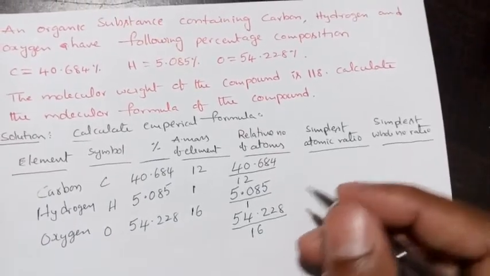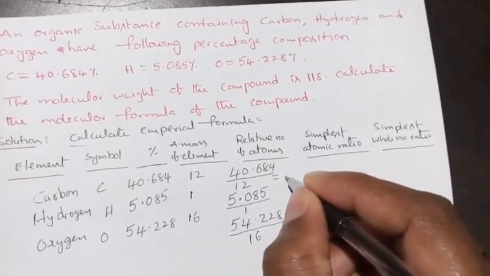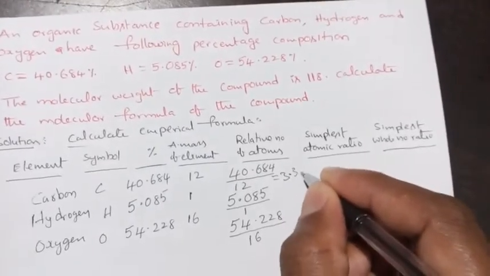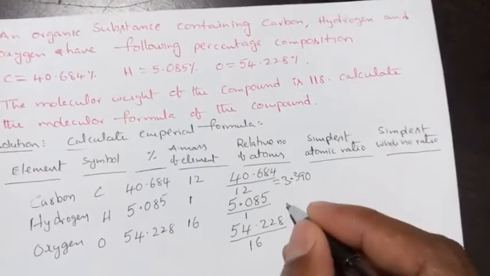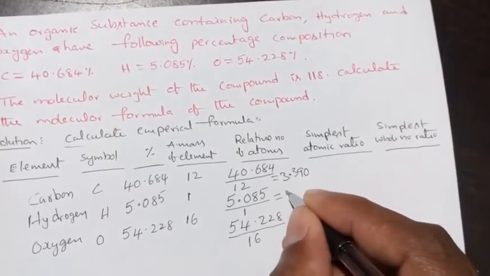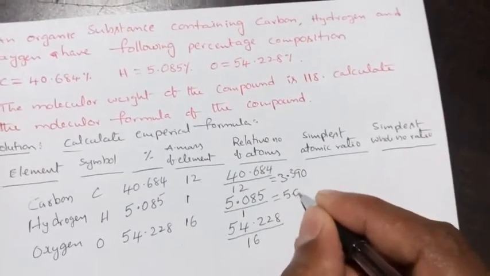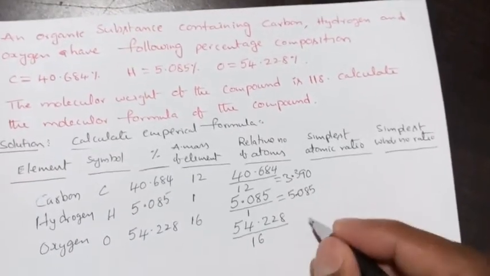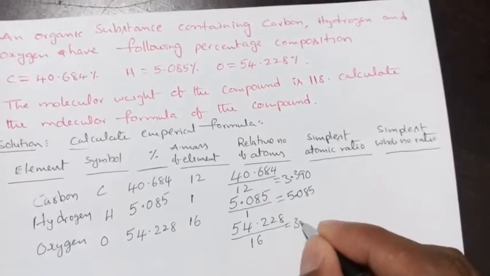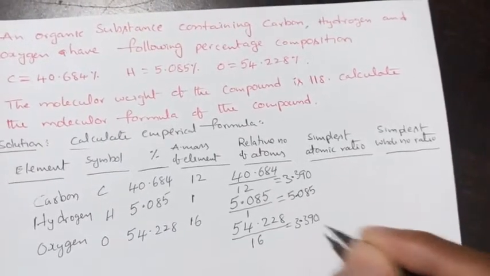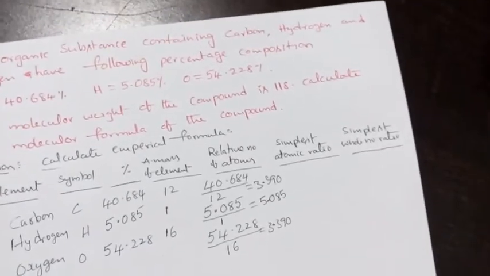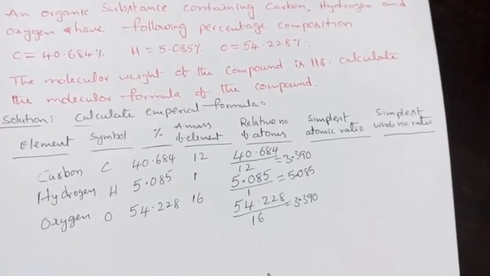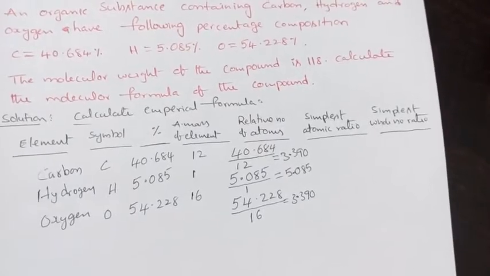Relative number of atoms for carbon equals 3.390. For hydrogen, we will get 5.085. For oxygen also we will get 3.390. After finding the relative number of atoms, we have to find out the simplest atomic